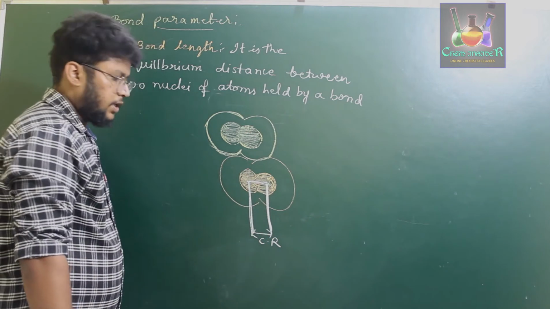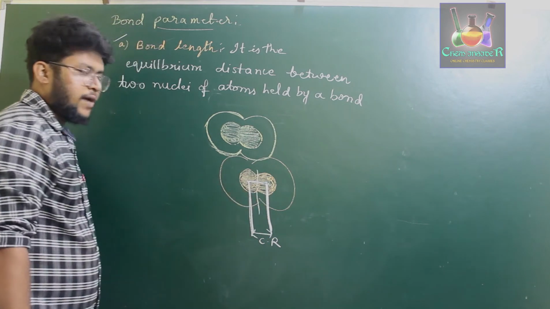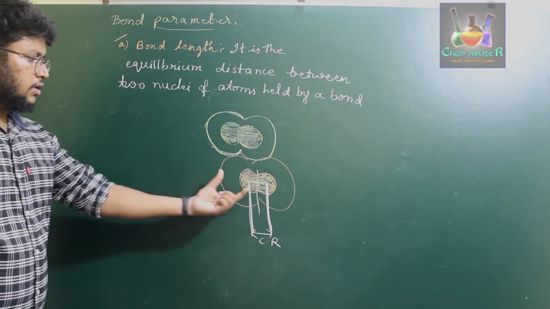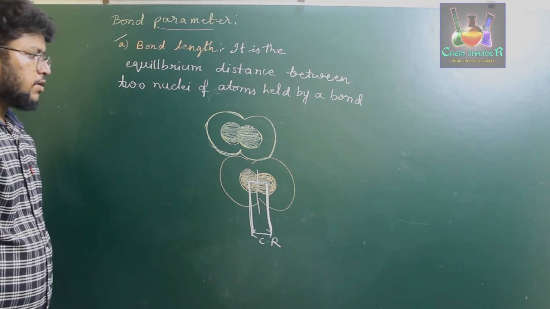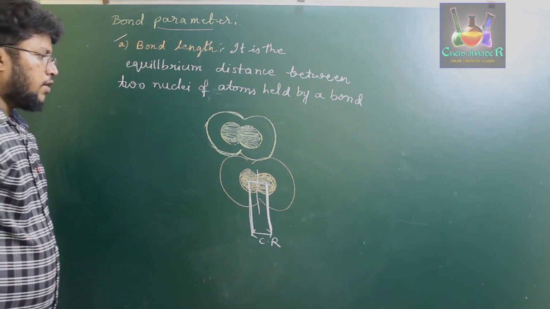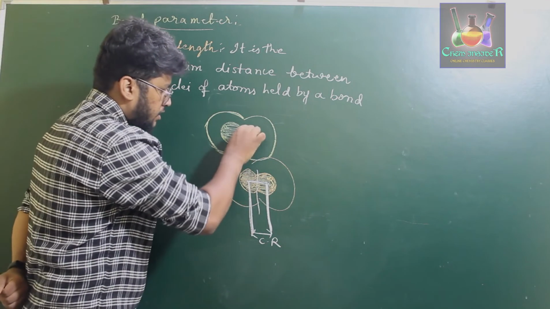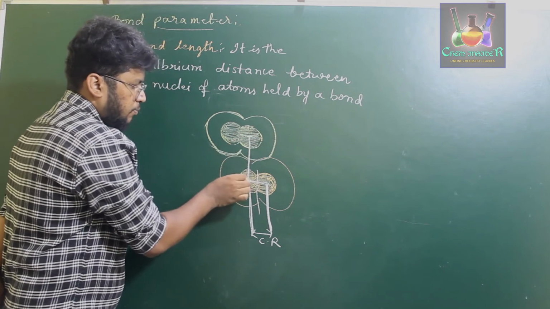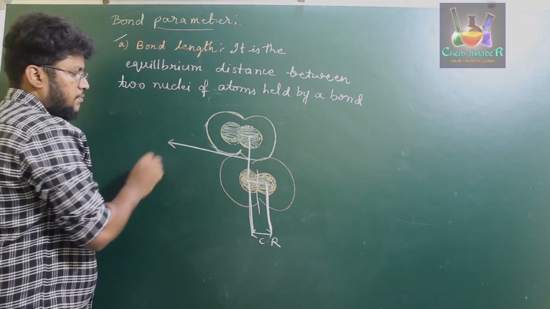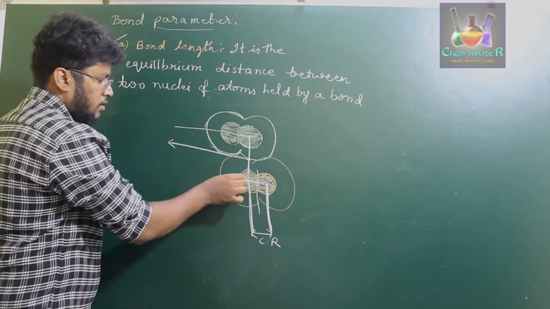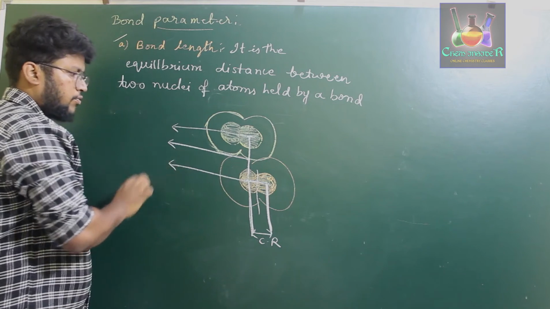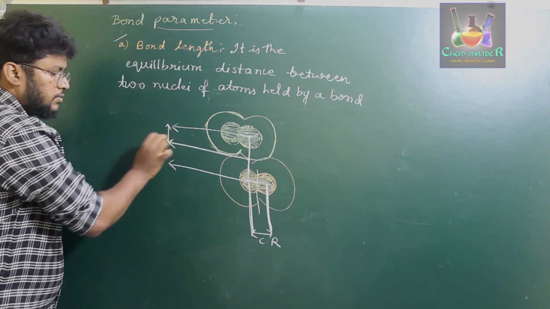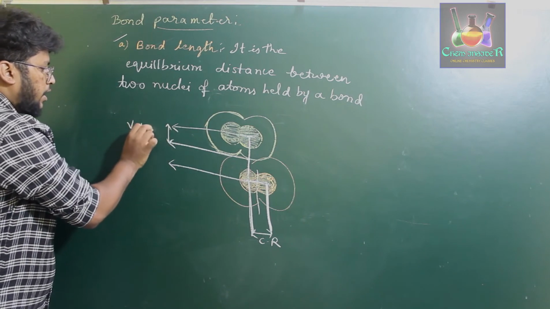I have half of the covalent radii. So, if you take half of this value, that will be the covalent radii of the chlorine molecule, from one atom to another adjacent. Then, what is van der Waals radii? Van der Waals radii is this distance, the point from this and the point from this, half of this distance. Okay, so this is the bond length of the covalent molecule, and half of this value is the van der Waals radii.